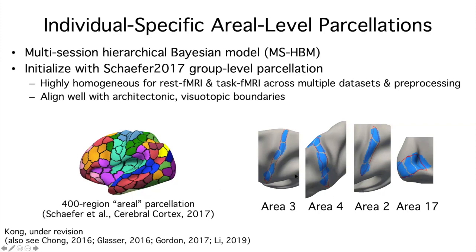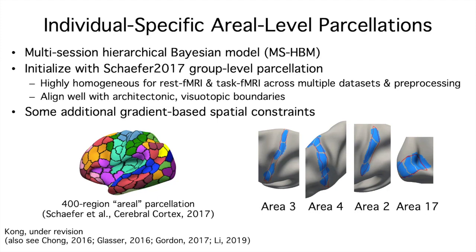But for example, as shown here, you can see that the parcels, which are shown in blue, are actually fractionating these areas. For example, if you look at area 3, you can see that the face and the hand regions split into different parcels. So this is why I put a quotation mark around "areal", because the parcels do not correspond to traditional cortical areas. You can think of this as a weakness or a strength. I think of this as a strength because it's my parcellation, because we are modeling behavior. So, for example, if you are modeling a behavioral task with button presses, it is probably useful to distinguish the hand region from the face region.